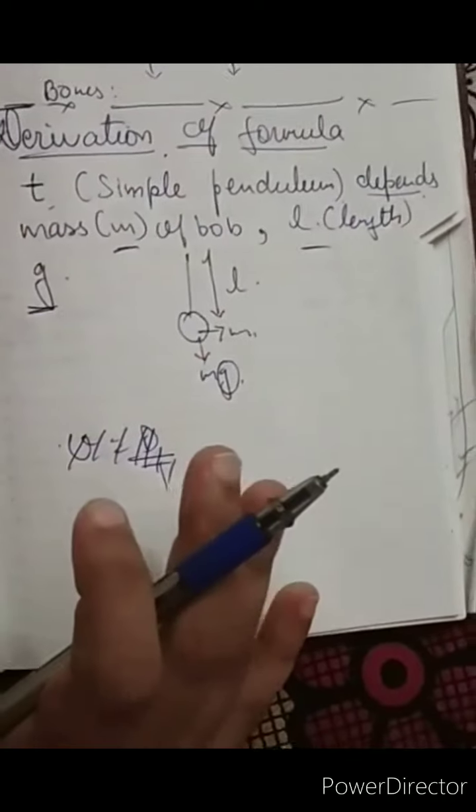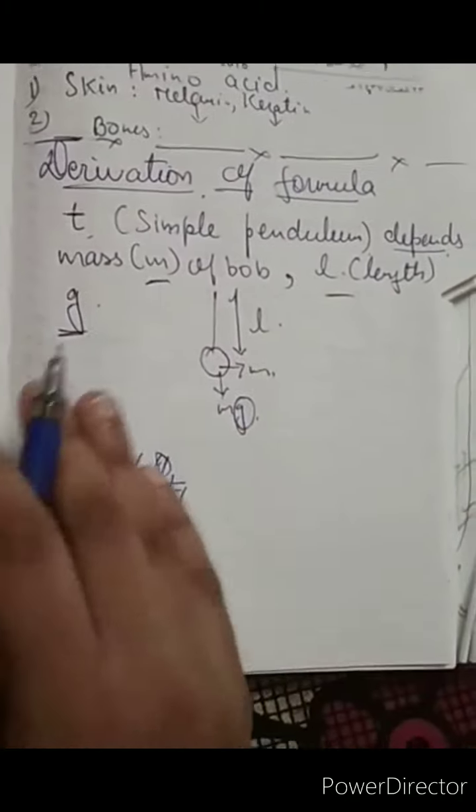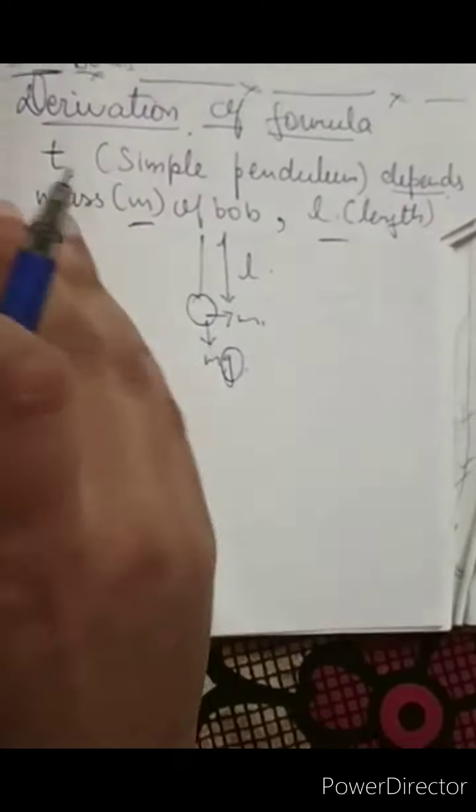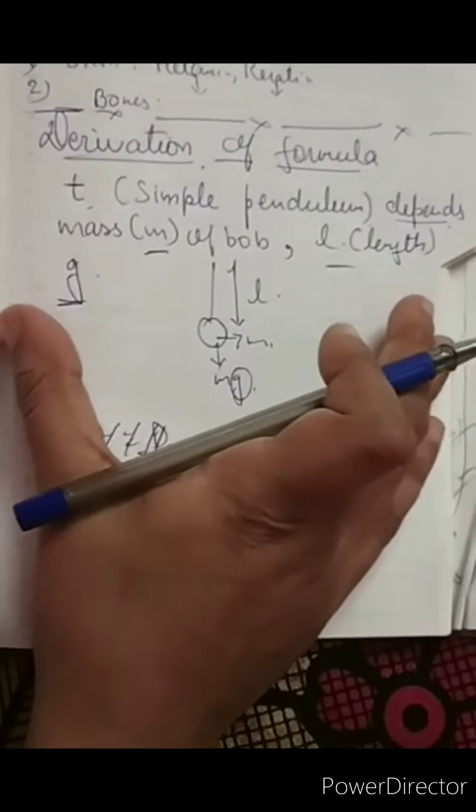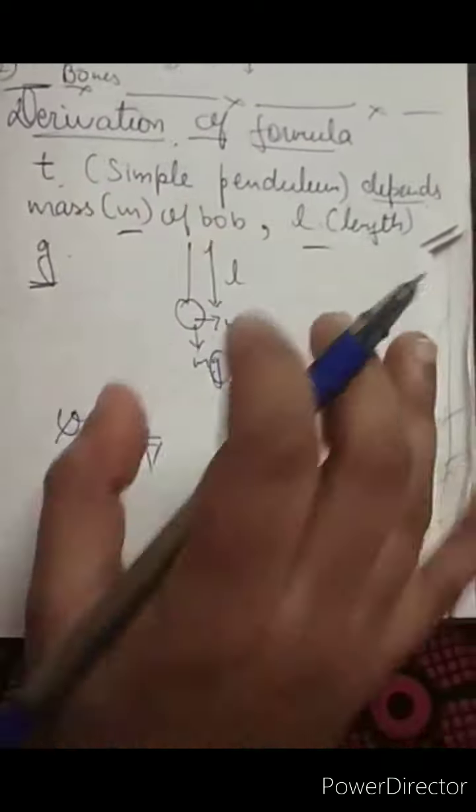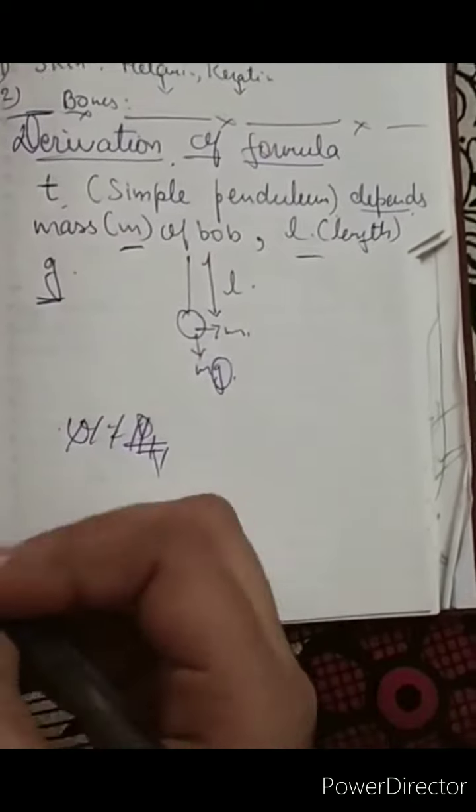So we have to set up the relationship. In part 1 and part 2 I discussed how we can check the correctness of a formula, and error correction also. In the same way, with the help of dimensional formula, we will get a simple formula for this relationship. And how? Let's see.